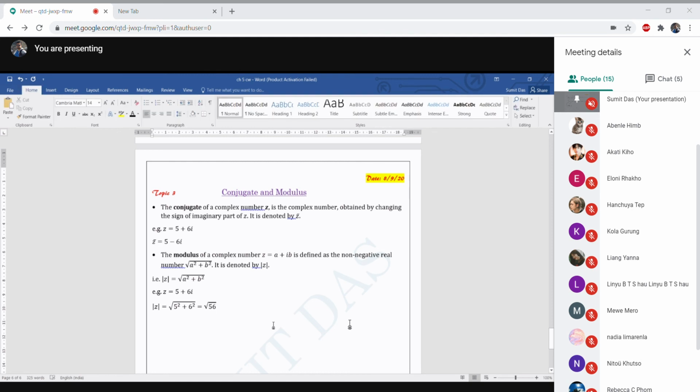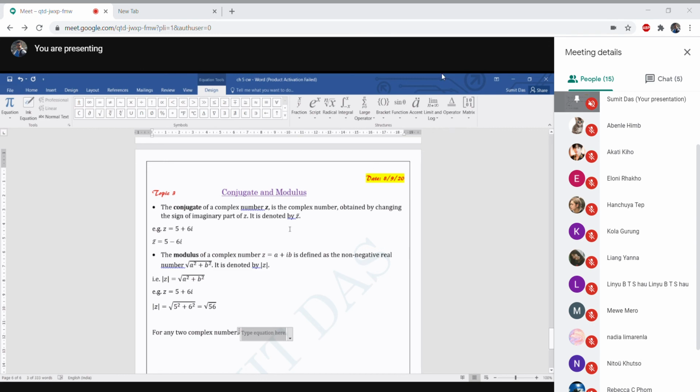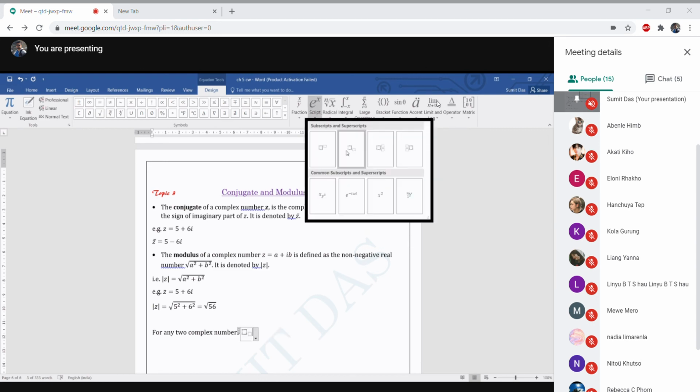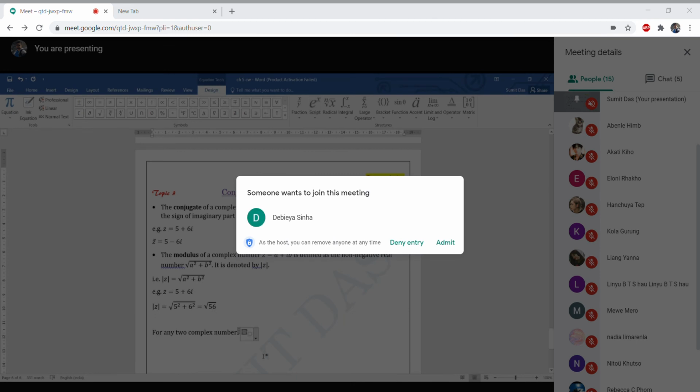Some properties are given here for any two complex numbers Z1 and Z2. There are a few properties. First is